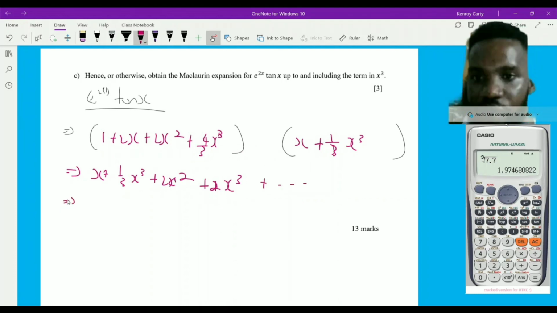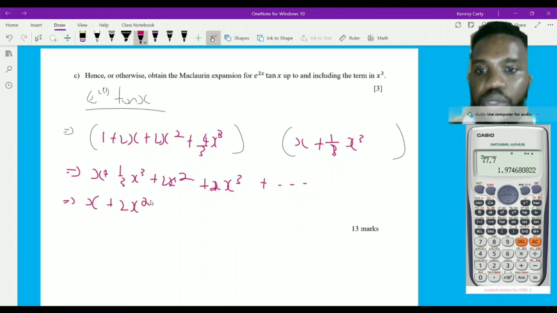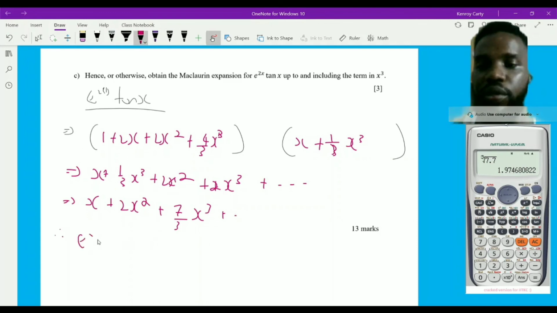Now all I need to do is look for the like terms here. So I'm going to have x in ascending order plus 2x squared. Now I'm going to have 1/3 x cubed plus 2x cubed. That's 2 and 1/3, which I can write as 7 over 3 x cubed. Now you can write a final statement that says therefore e to the 2x tan x is equal to